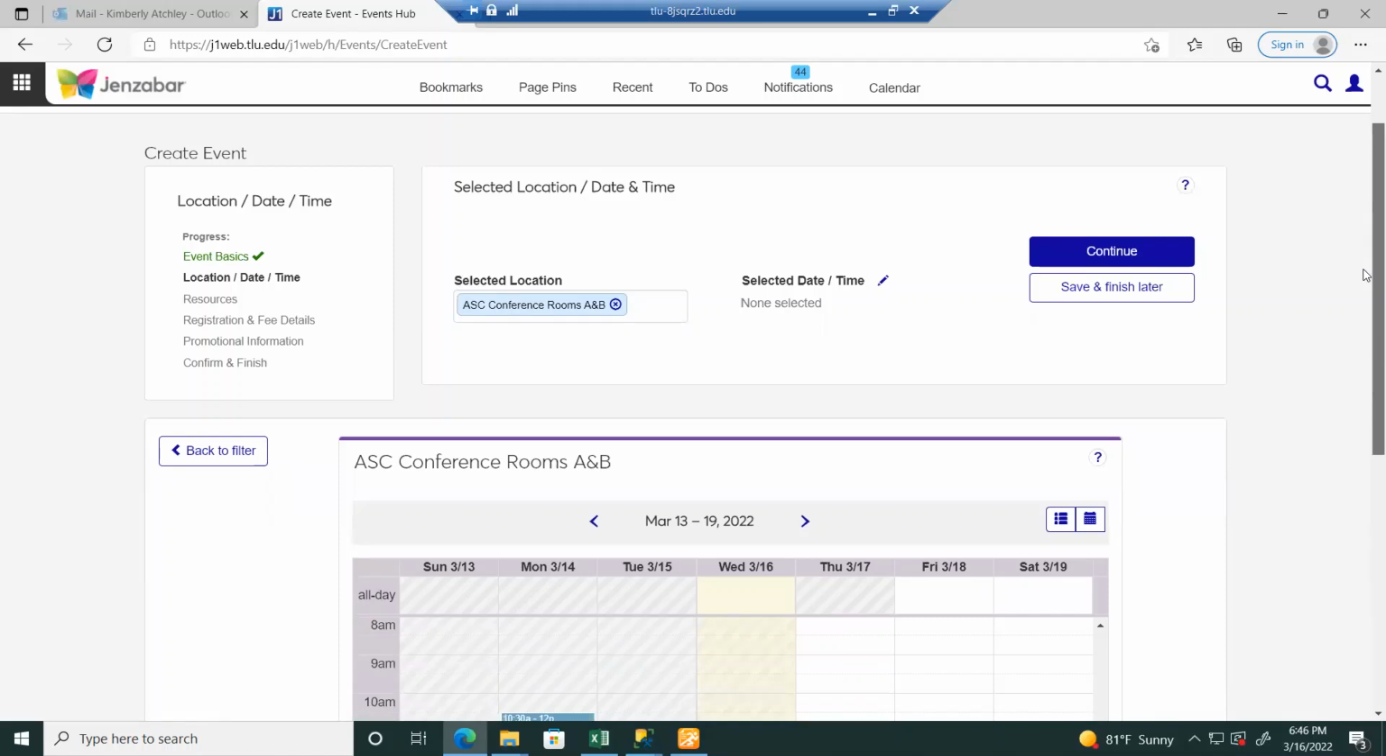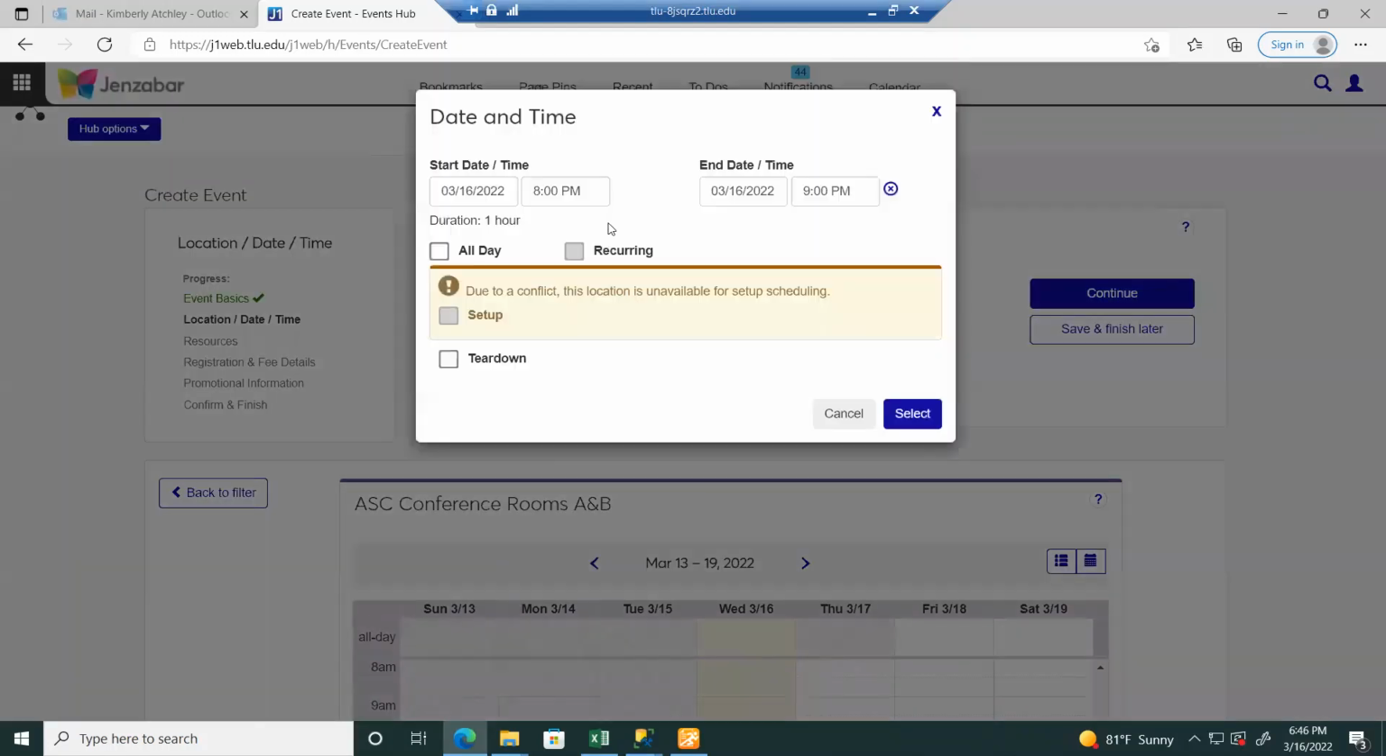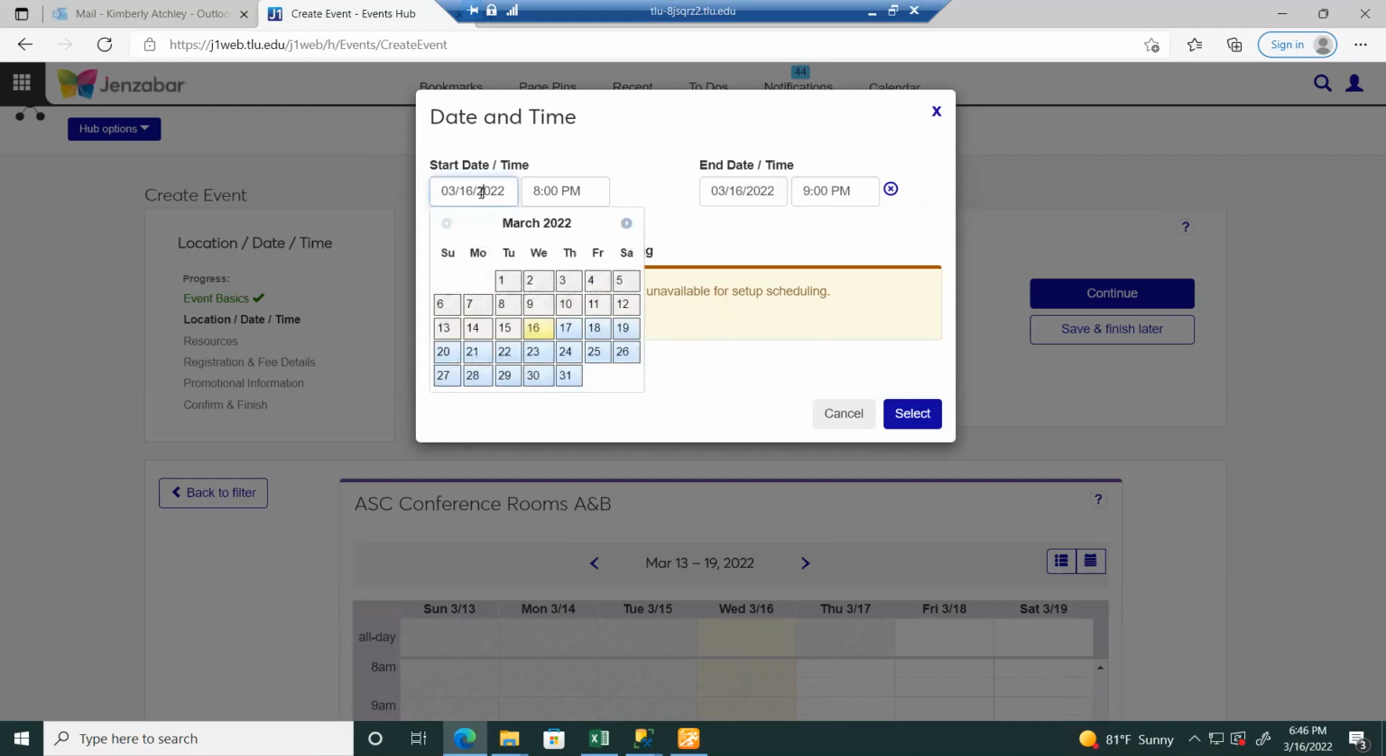You're going to see that since we were in the ASC conference room AB, that will automatically be populated. You can select the date and time. It's telling you right now that you can't set up your setup and teardown times because there's already a conflict. You can go and select different dates. As before, these are editable fields that you can just type directly into. But I'm going to leave it at